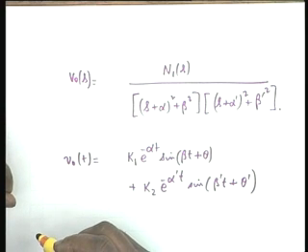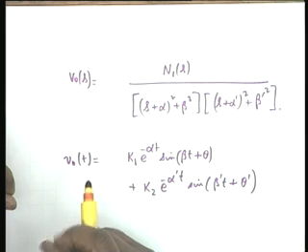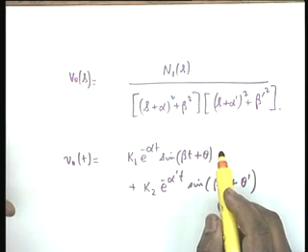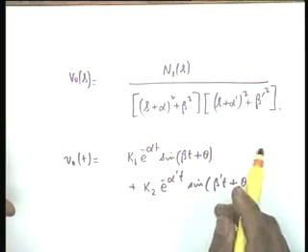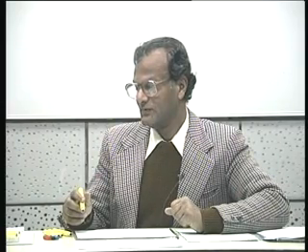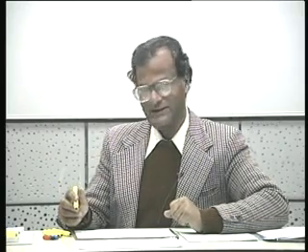But looking at the expression of the denominators, sir, we find that there are 4 poles. That is right. There are 4 poles. But in the numerator there are... The numerator can even be a constant. It does not matter. Sir, if there is a cancellation of the denominator by the numerator? If there are cancellations, then you have to cancel them. Then we will have to see the numerator also. Yes, we have to see.